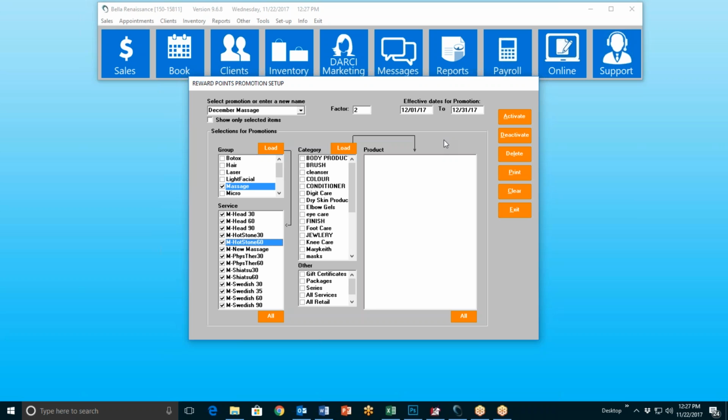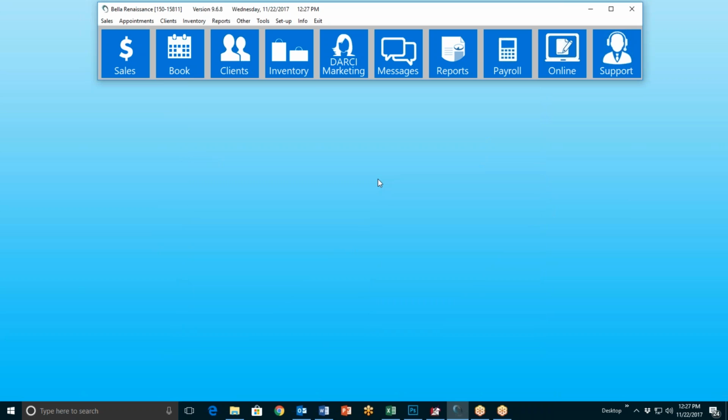So you can actually set up promotions with different factors for points. And you can do it for any date range. So you can say this weekend only, all Kerastase products, triple points. Or tomorrow only, or all of next month, or all of next year on this particular product. And that takes us into the